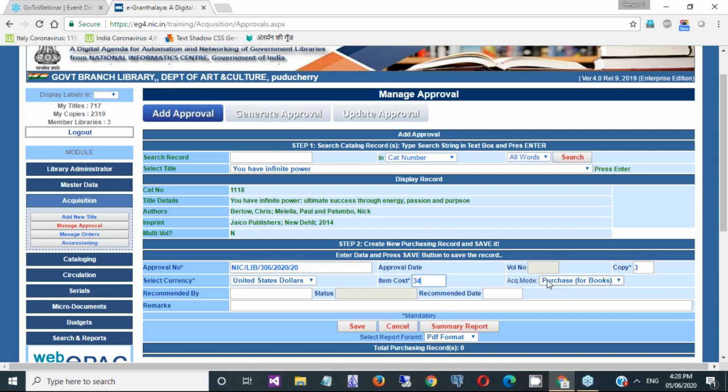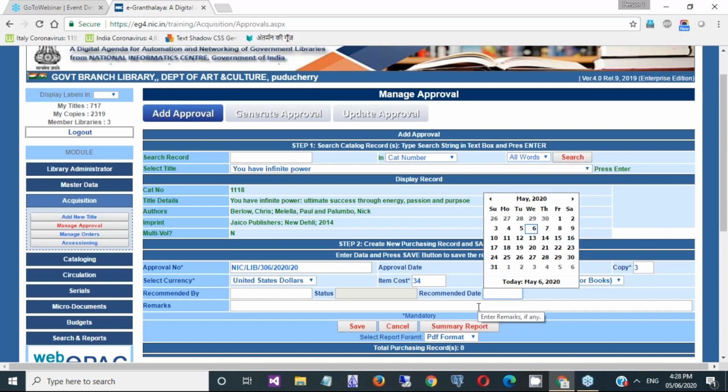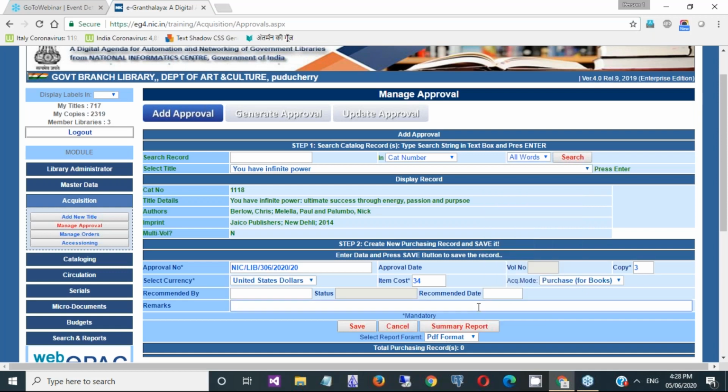Then the mode is automatically selected, that is purchasing. Recommended by is an optional field. If you want to give the name of a member, you can give his or her name, and then the date of recommendation, and you can put some remarks. Save it.